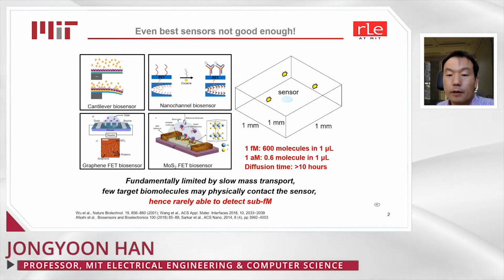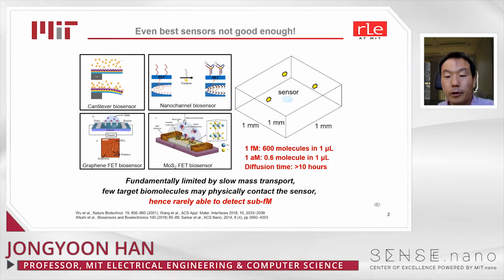Over the last two decades, there have been a lot of advances in developing novel and innovative biosensors utilizing different physical mechanisms. But no matter how sensitive your sensor may be, the fundamental limitation that comes from the low abundance of the target is not easy to solve, simply because your target molecule may be present only a few copies